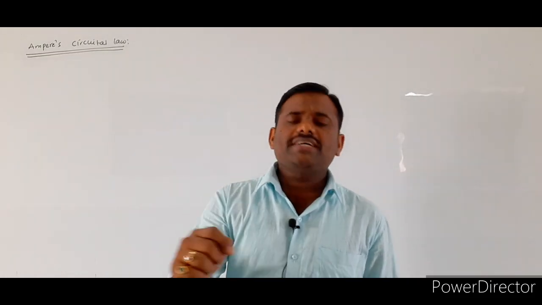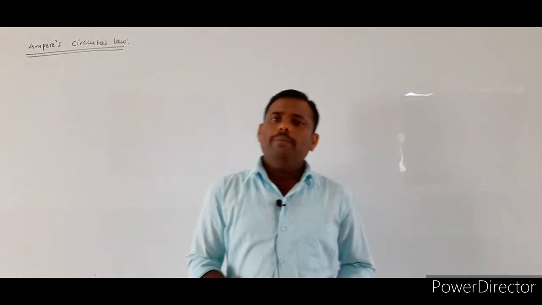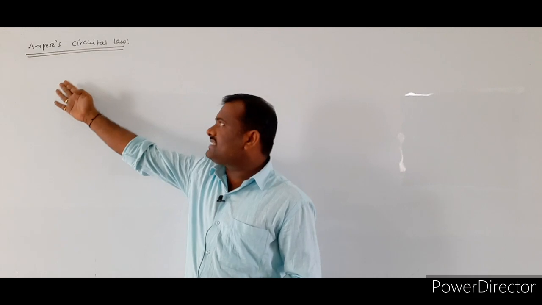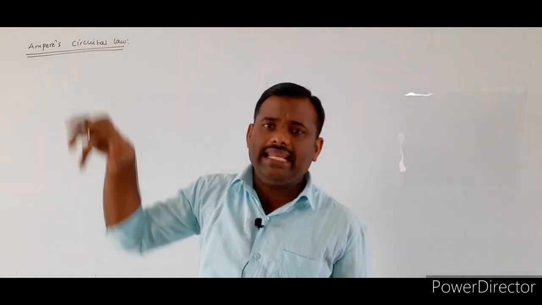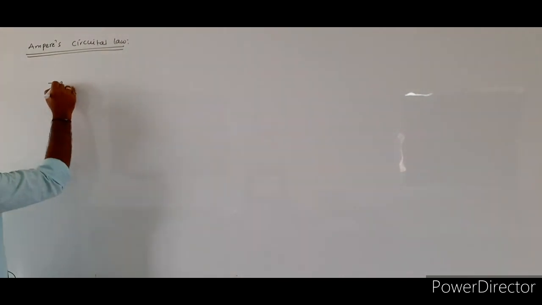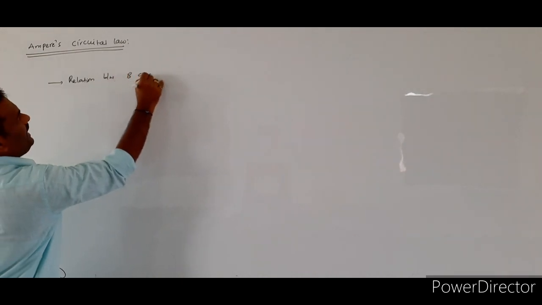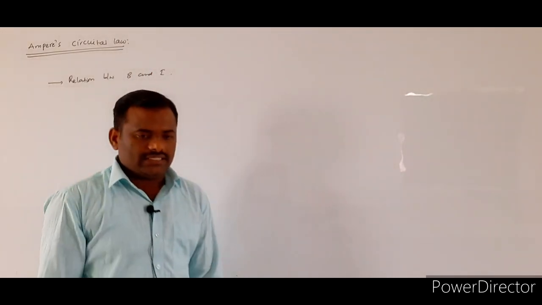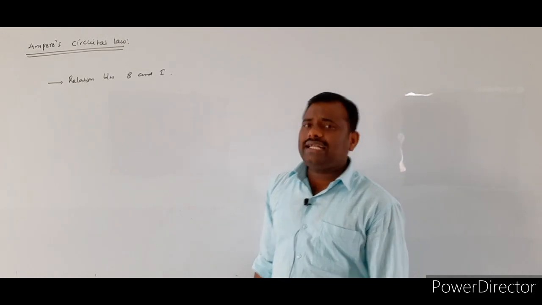What the Biot-Savart law tells is, if you know the amount of current flowing through the given current carrying conductor, how much magnetic field will be developed by that current, we have to calculate by using the Biot-Savart law. The same thing is also explained by Ampere's circuital law. So Ampere's circuital law is derived from the Biot-Savart law. It is also giving the relation between magnetic field intensity and electrical current. Ampere's circuital law is also giving what? The relation between the magnetic field and electrical current.